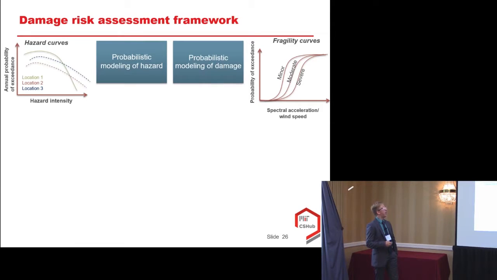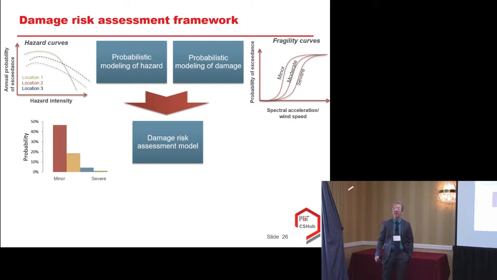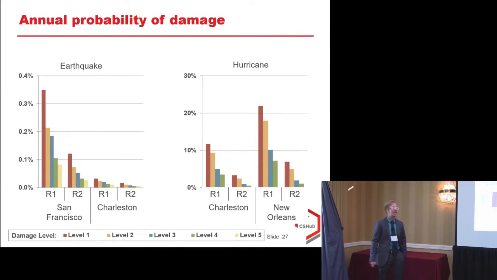So now that we know how often a hurricane or earthquake is going to happen and what's going to happen for that specific intensity, we can combine that together and say, for my study period, how much damage am I expected to have? So on the left, for earthquakes, we can see San Francisco with a higher likelihood of earthquakes is going to have more impact than Charleston. And then important thing to note is the difference in the y-axis here, 0.4% versus 30%. The impact and the likelihood of hurricanes is so much greater that we're just more likely to see a higher